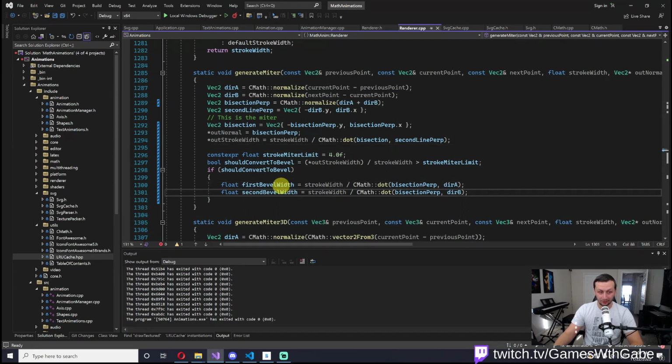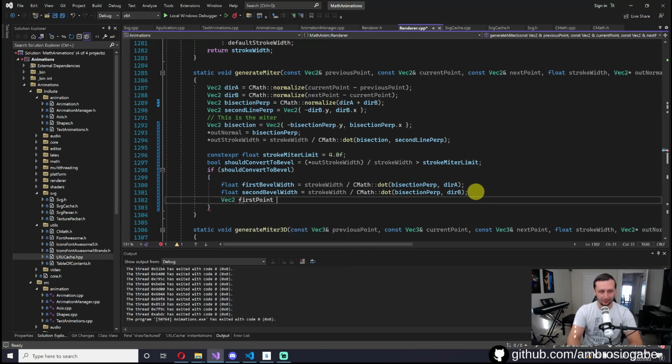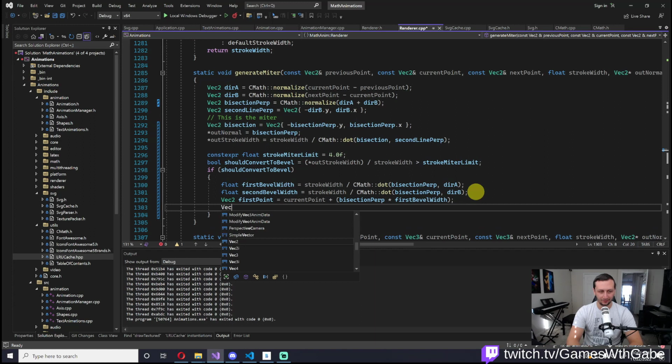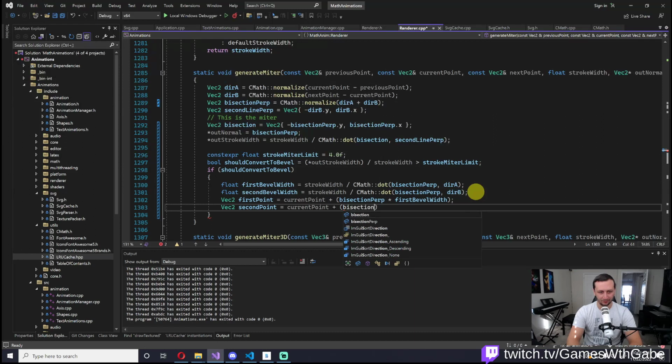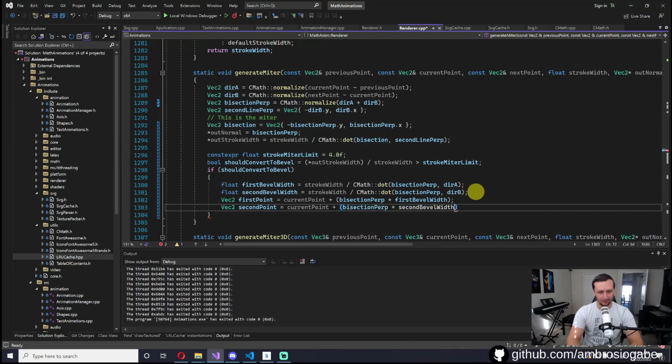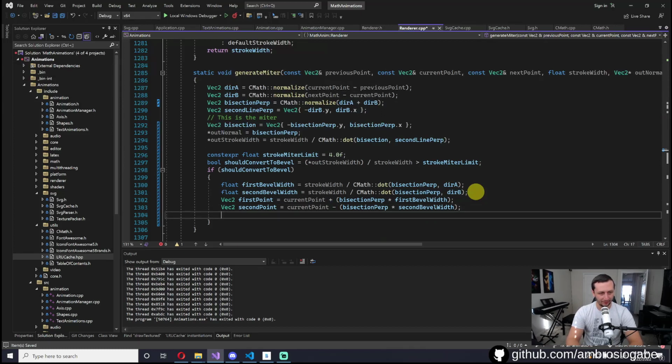Okay, so I believe this is what we want to do. So we have the first bevel width, we have the second, and basically to get the triangle points, our first point is going to be our bisection perp. Basically our current point plus the bisection perp times the first bevel width. Hopefully. And then our second point, I believe, is going to be current point plus bisection perp. And we're actually going to be doing minus in this case. And then for our third point, we want where the inner miter is going to be, which I think is going to be